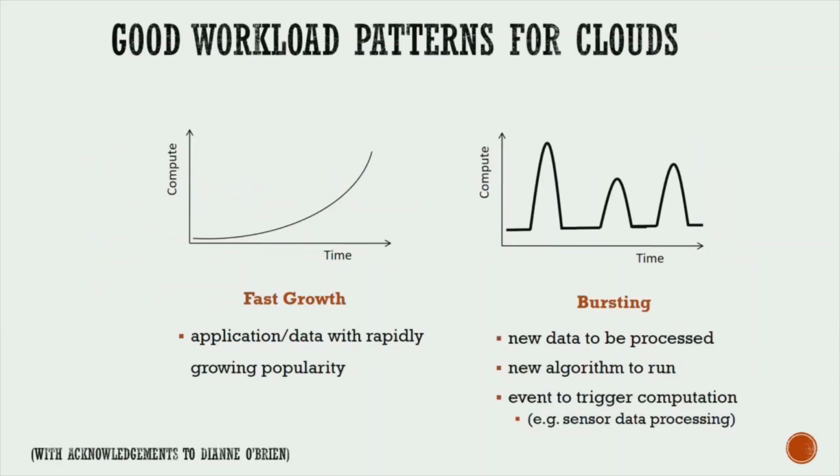Right, before we go there, if you have a curve like this, it is very safe to say you just go for the public cloud because you have rapid progress and you can use pay as you go and the elasticity of public cloud to rapidly scale your application services. But the problem happens when you have the bursting of your workload. Sometimes you get the peak, sometimes the minimum, then the peak again. So in this kind of workload, what will you recommend to your client?